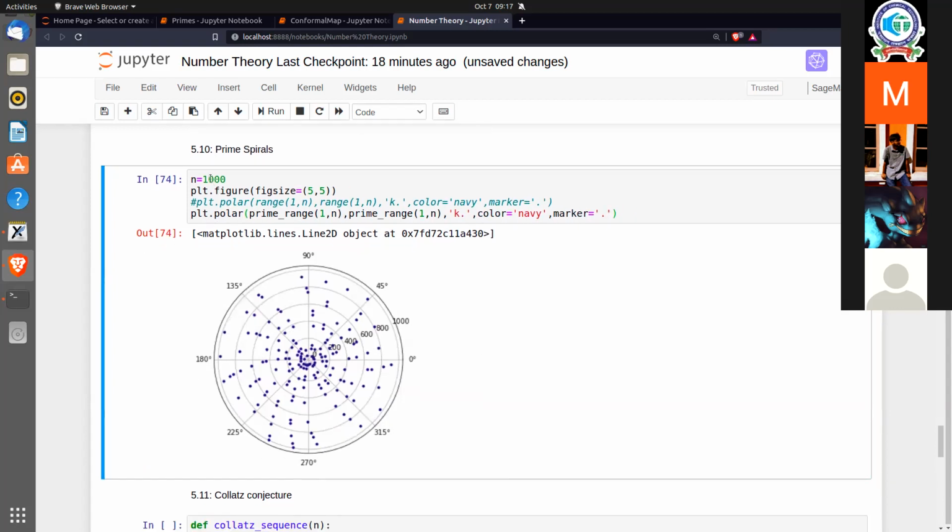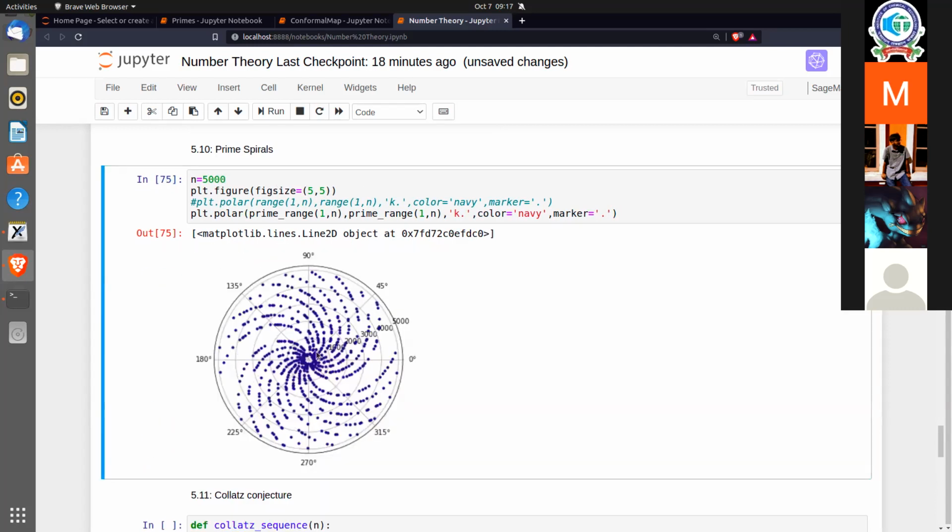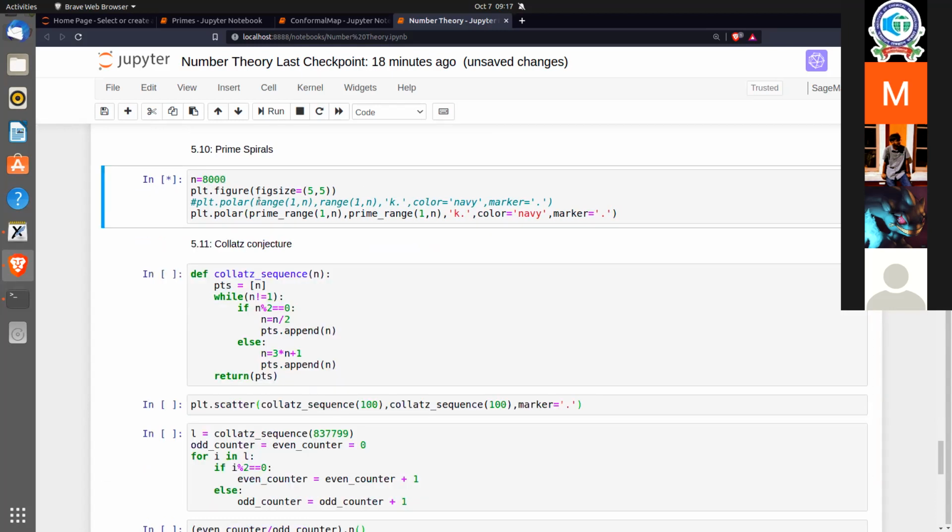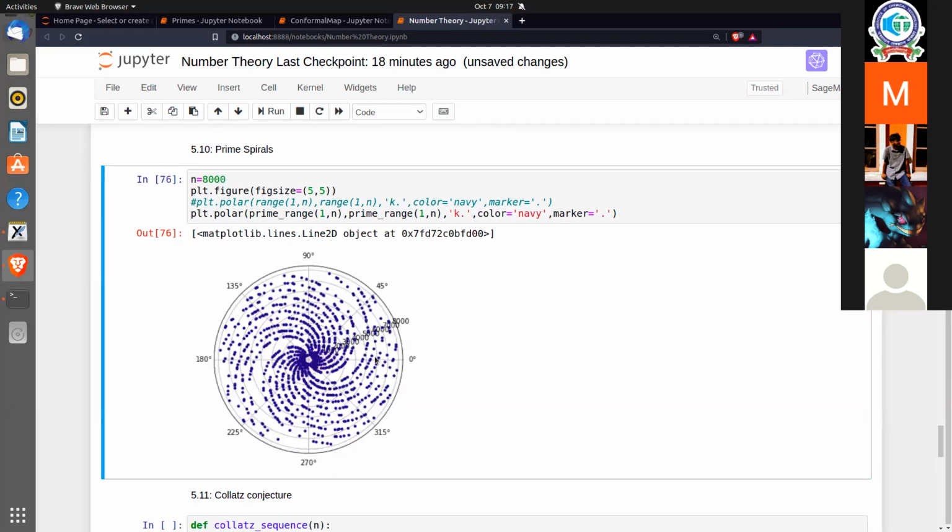Okay. So when I'm plotting, say, in a range 1 to 1000, this looks a little arbitrary. It looks very random, and we already know that the nature of prime numbers is pretty random. But what happens if I increase this number? Say I plot 5000 of these, in the range of 5000. You'll see that even these are giving me some spirals. Let's increase them a little more. Okay, you can actually see those spirals very well now.